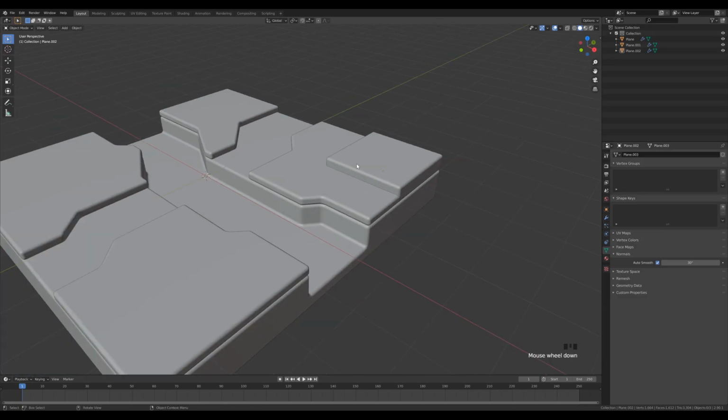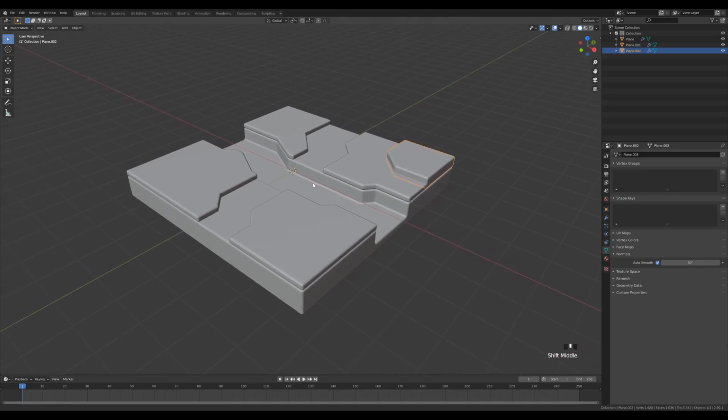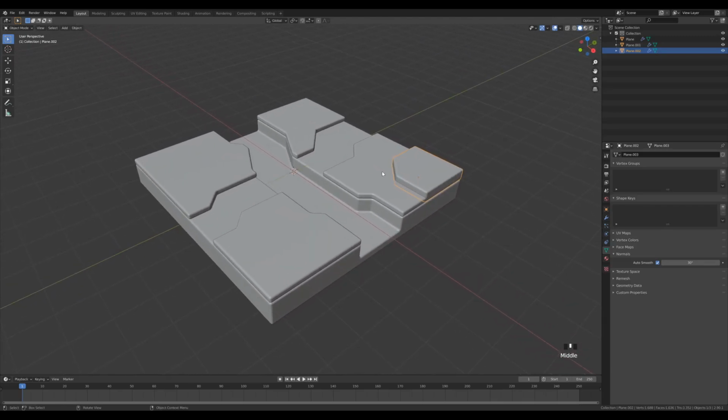And one last thing I want to do here is to select this, go into the edit mode, go to edge select by pressing 2, select this edge and press Ctrl B and bevel this, but just with one segment to create a slope there, something similar. So we have some more space here. Okay, let's tab out. So this is for the terrain modeling, and now the only thing left,